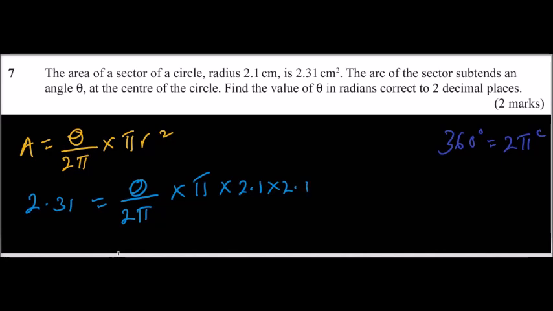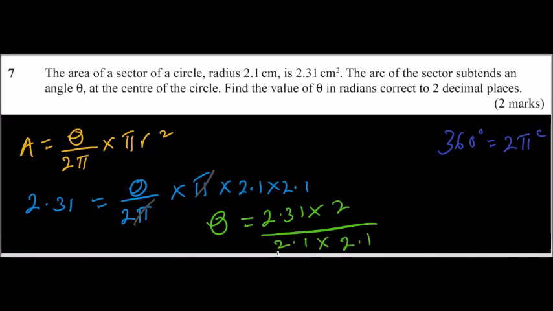With this, you realize that the pi and pi cancel, and therefore we can put theta on one side, and we say theta is equal to 2.31 multiplied by 2, which is the denominator here, divided by 2.1 multiplied by 2.1. Instead of struggling to simplify, you just use your calculator to get the answer, and that should be equal to